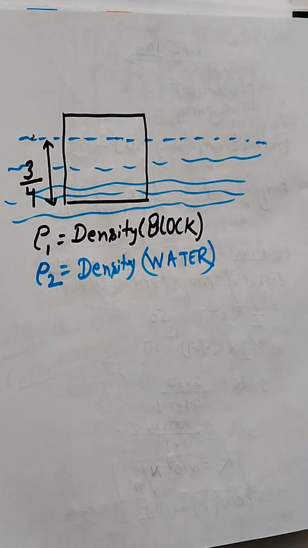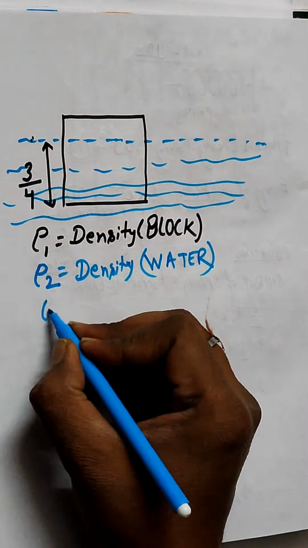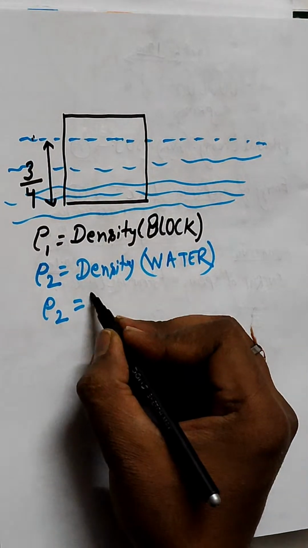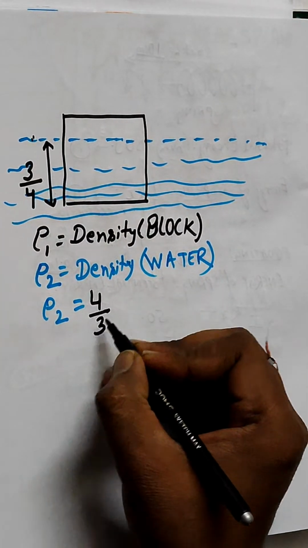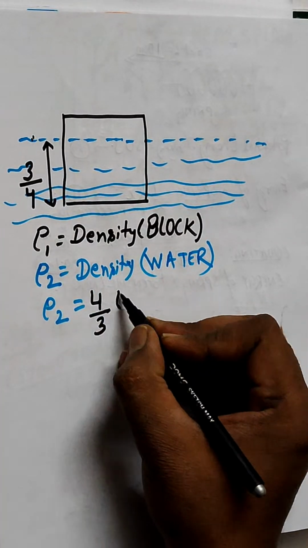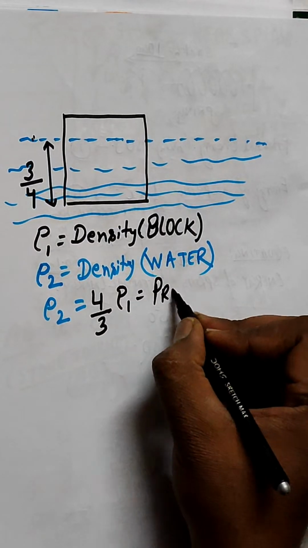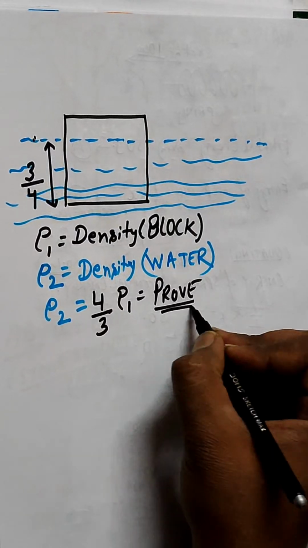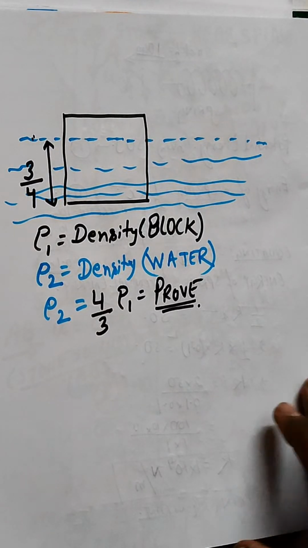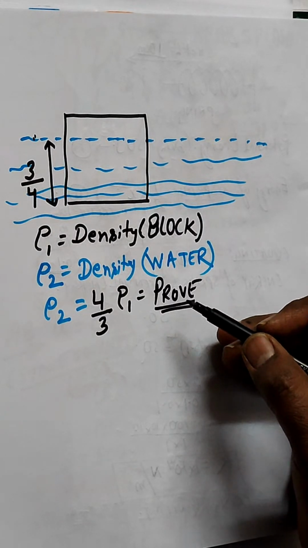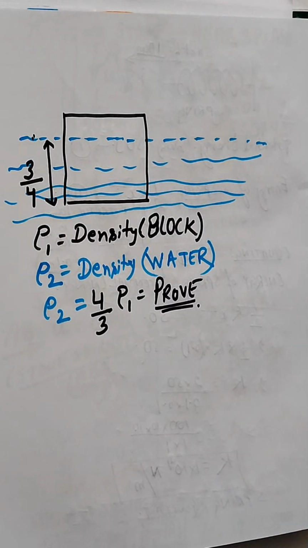Now, in this question, we need to show that rho 2 equals 4/3 rho 1. Rho 2 equals 4/3, not R1, it's rho 1. This we need to prove. This is the question. Okay. So I'm just explaining that sort which I put into my channel. Okay. Now,